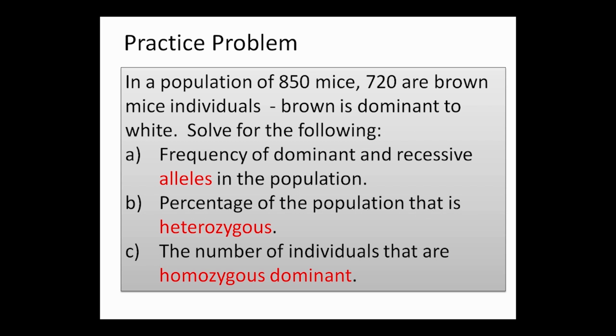It's not really that difficult. This is a typical problem. I could ask you about any recessive disorder in a population. I could ask you about an isolated colony and what happens to a particular allele in that colony. But the steps to solving these Hardy-Weinberg problems are all the same. And I forgot to put in here, but yes, we are going to assume that the population of the 850 mice are, in fact, in Hardy-Weinberg equilibrium. Okay,